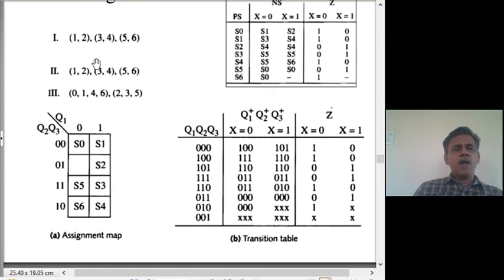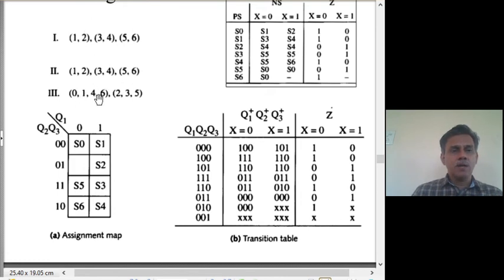Well, so one way I could have done it, for example, 1, 2, 3: 1 and 2, I can put 1 and 2 here, they are adjacent. 3 and 4 could have been here, they are adjacent. 5, 6 I could have put here, they are adjacent. Need not be in the same row, I could put 1 and 2, 3, 4, 5, 6 and so on. Here also, see, 1 and 2 are adjacent, 3 and 4 are adjacent, 5 and 6 are adjacent. You can play around with different kinds of these.